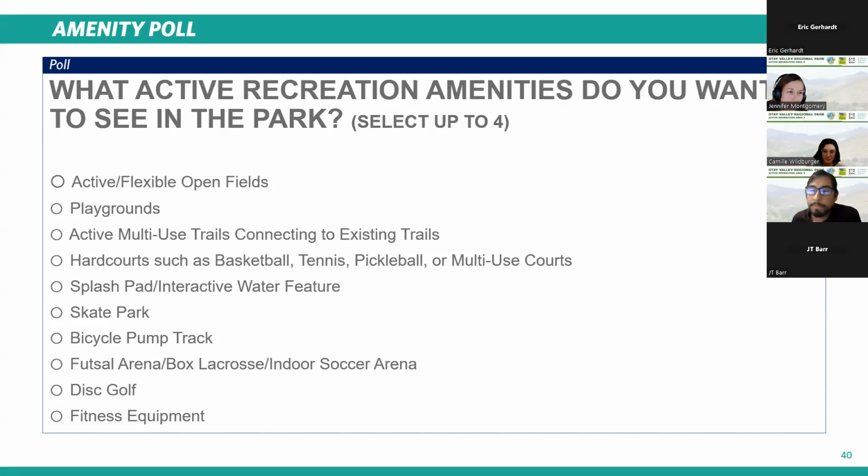And this might include things like active or flexible open fields, playgrounds, active multi-use trails, hard courts, that could be basketball, tennis, pickleball, or a combination multi-use, splash pad, skate park, pump track, futsal arena, that's like a soccer area that's got sides on it, disc golf, or fitness equipment. We know there's a lot there, but I think we could go ahead and share the results. Thank you very much for your feedback. The next we'll look at